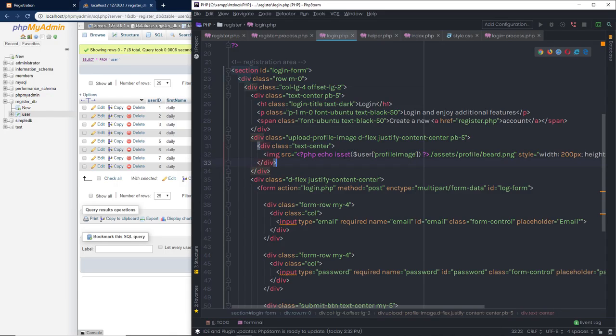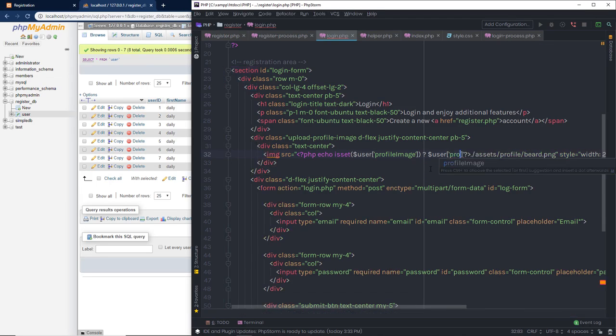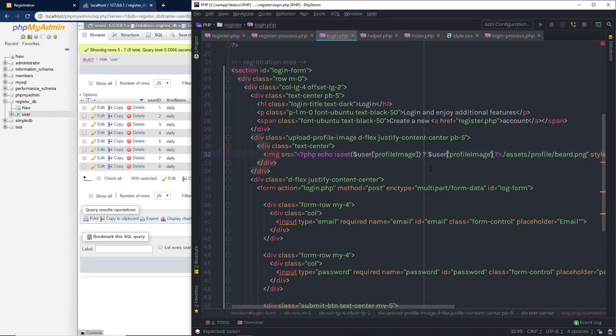So I'm going to get the profile image from this user variable. So if the value is not empty, then I'm going to return user, and I'm going to specify here profile image. So I'm going to return the profile image, or I'm going to return the default value. So this is going to be the default value. So I'm going to get that default value and just specify that here like this. Specify semicolon, save the changes,